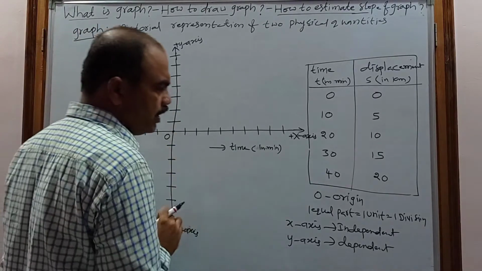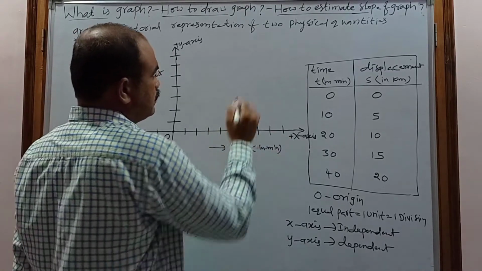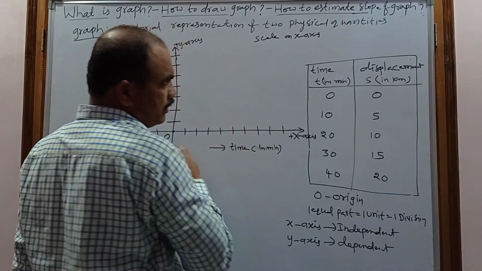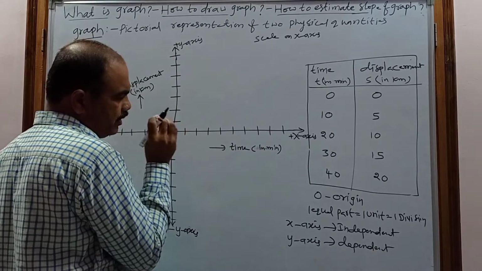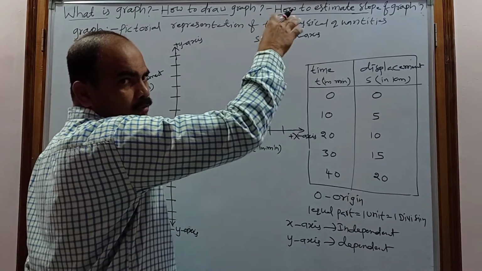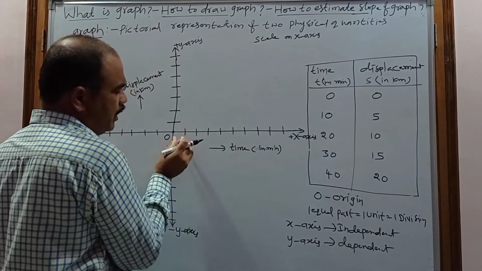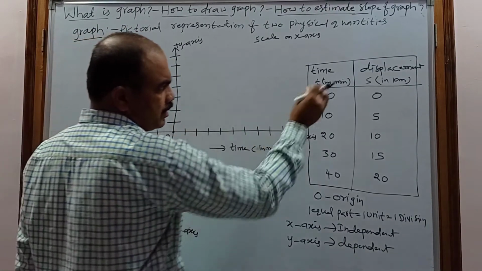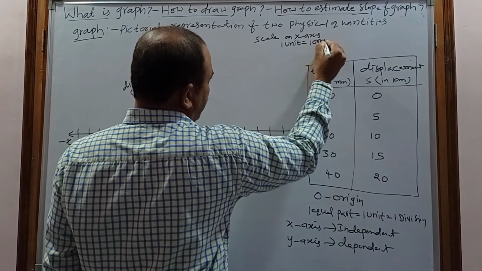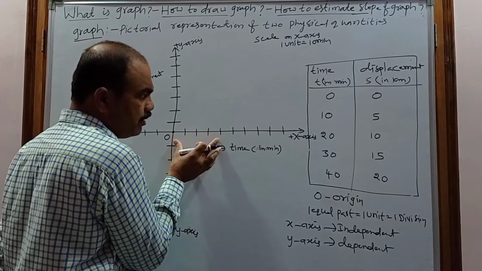Okay. So now you have to assign numerical values. That will be called what? Arranging the scale. So first of all, I am giving the scale to the x-axis. Now, how much does 1 unit represent? You have to write that at the rightmost of the graph. The scale on the x-axis: 1 unit I am going to take as 10 minutes. If 1 unit represents 10 minutes, 2 units represent 20 minutes and 3 units represent 30 minutes.